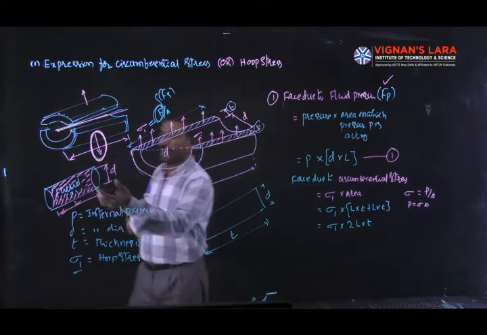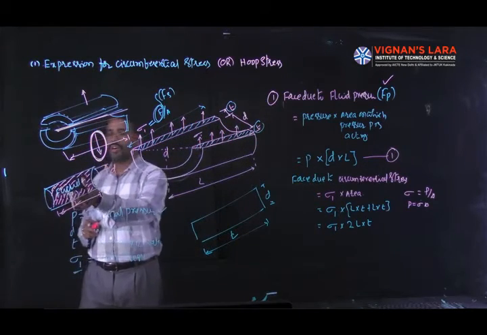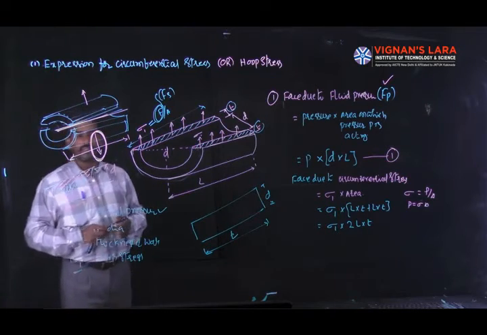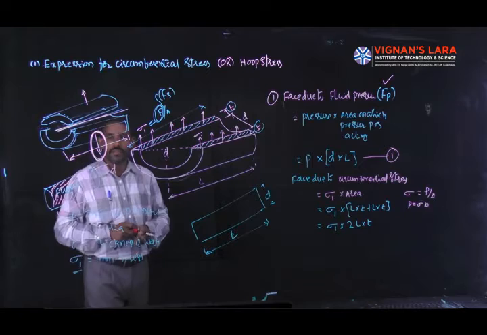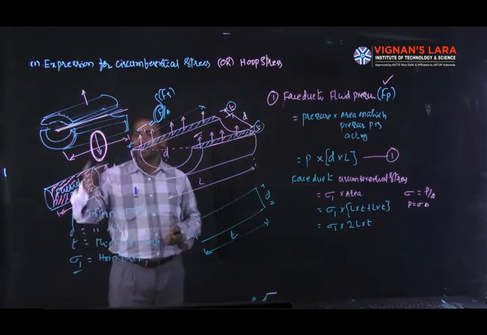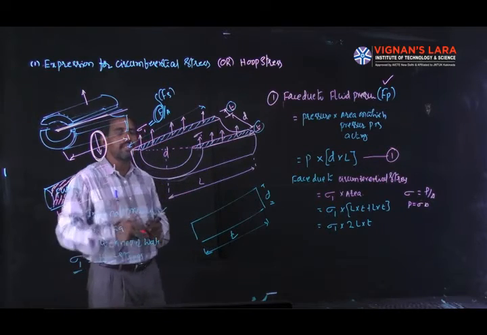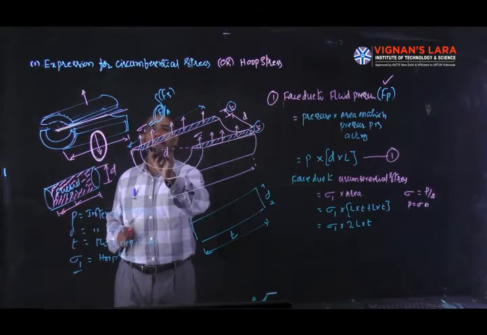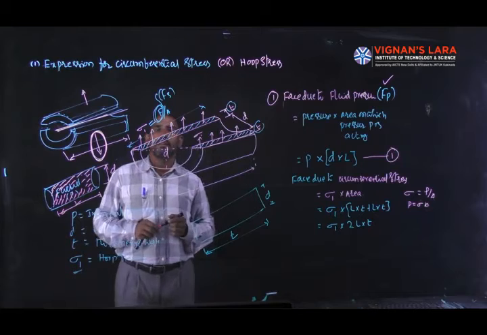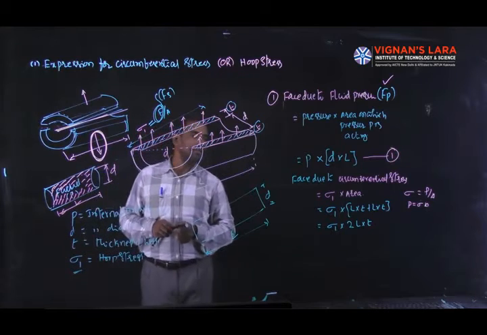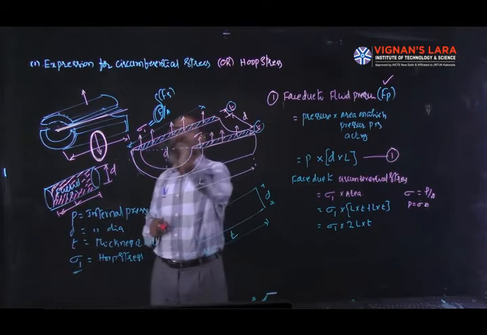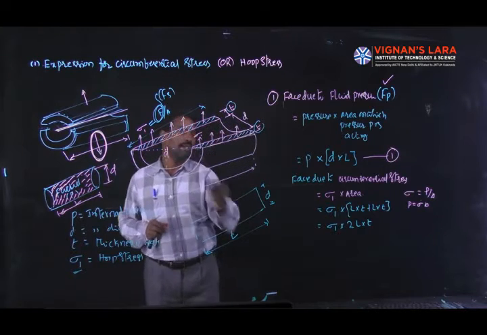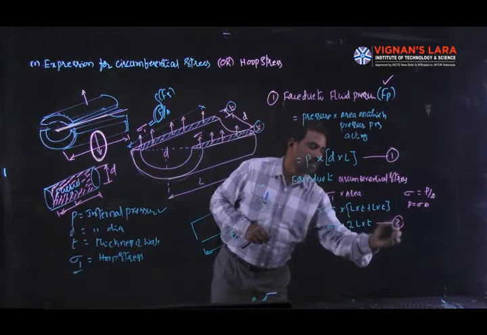Whenever the force is exerted on the cylinder circumferentially, the cylinder must be in a position to offer resistance to avoid failure. On which area? The material offers the resistance. This is the area on which the stress is induced. We know the length of the cylinder and the thickness T, so that becomes equation 2.